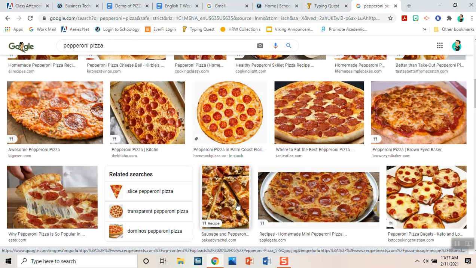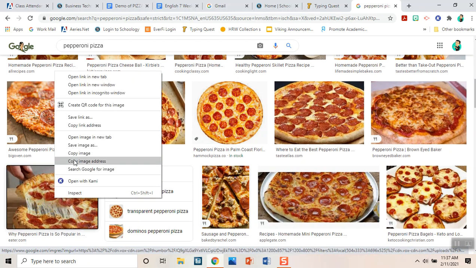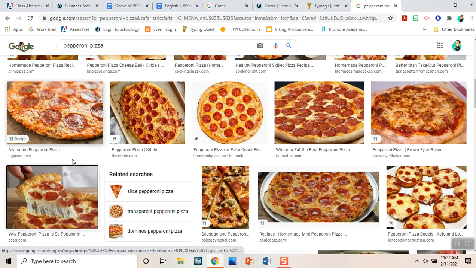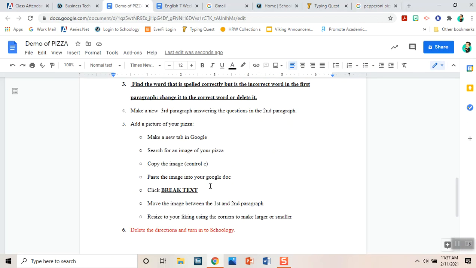Some of these look too greasy. That actually doesn't look bad. That's pretty good melt on the cheese. So what I'm going to do is I'm going to go ahead and select this. I'm going to right click on it and I'm going to go to copy image. Okay. Then I'm going to go back to my original document,